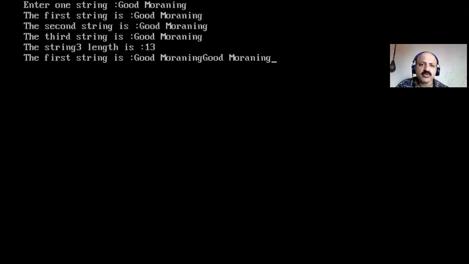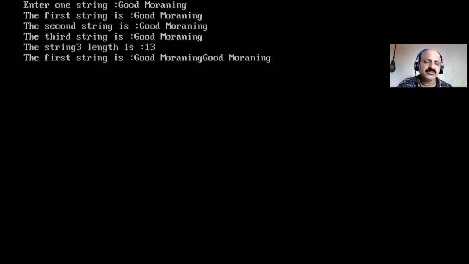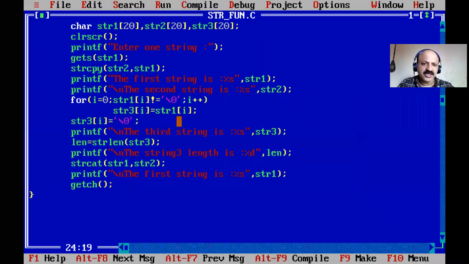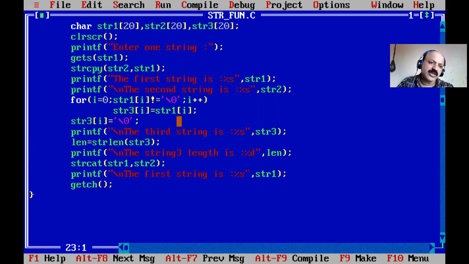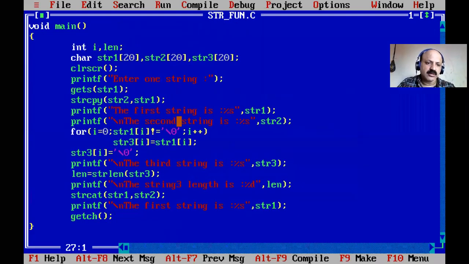Yes, that is two times. Good morning, good morning. Because we have concatenation. Concatenation means two strings are merged. Okay, merging or concatenation, that is the full form, string concatenation. See, we can also take our own logic, but I cannot take that session because that session was so long ago. Okay, so we can directly take the inbuilt function.